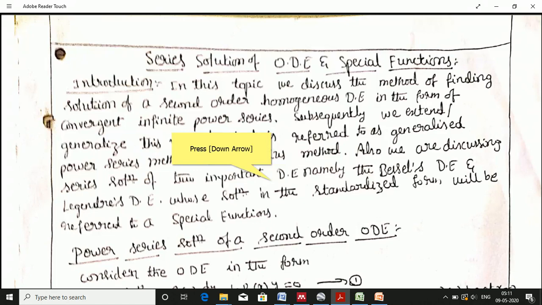homogeneous differential equation. And also we are using these methods to solve two important differential equations, namely Bessel's differential equation and Legendre's differential equation. And also we are standardizing those solutions, leading to some special functions. Now I'll explain the power series solution of a second